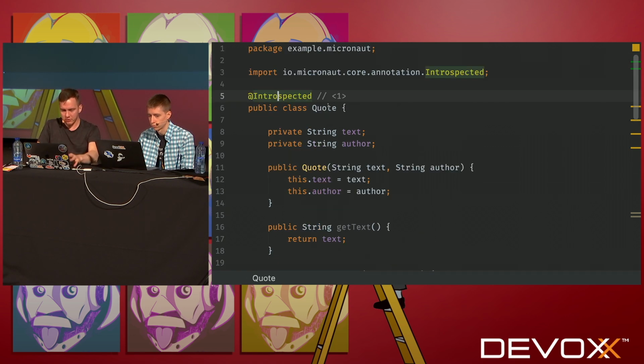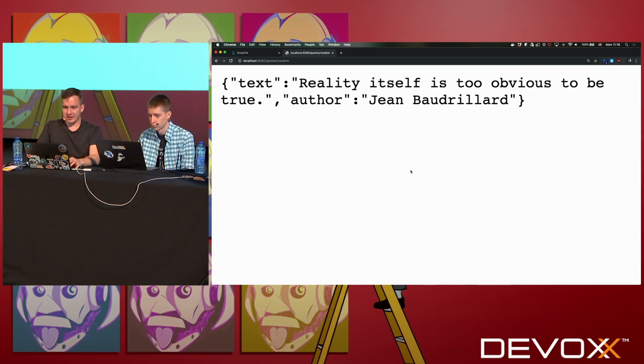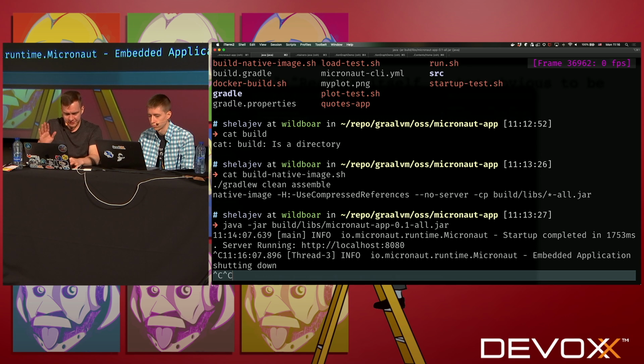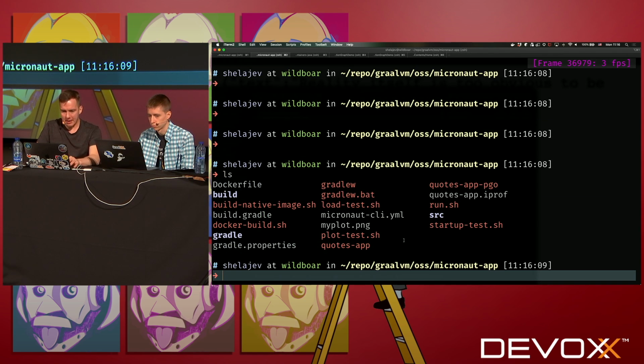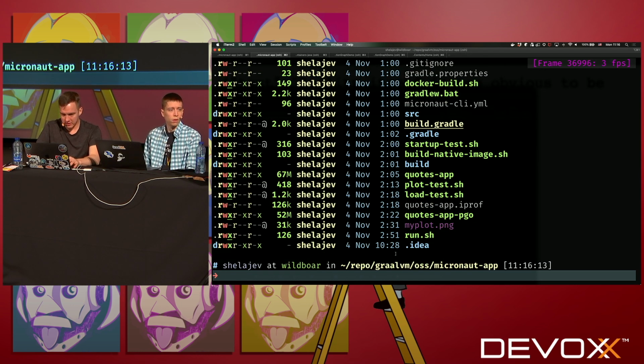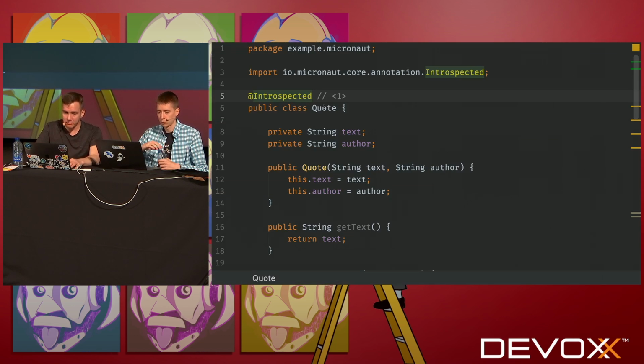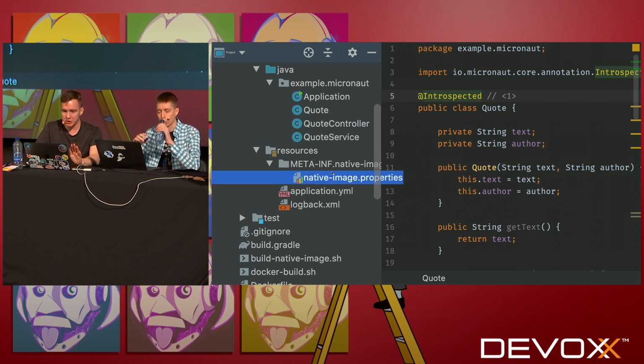So it's a normal Java application, right? What I can do now, it's running here. What I can also do, this is very interesting, is look at my quotes app here. It's the application that was built by this build native image step. We fed native image with our jar files, and we used some embedded configuration. Our configuration was here